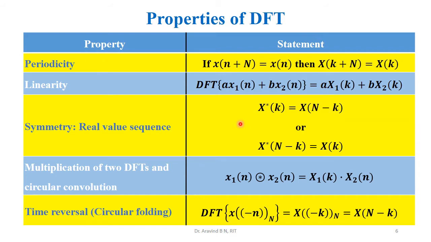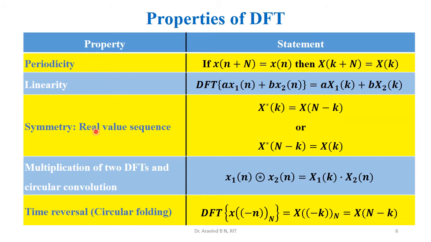Now let us get into the properties of the DFT. So let us first go through the complete listing of the properties of the DFT. It is good that if we have this tabulation, it will be easy for us to remember. Once we can remember the statement, it is easy for us to make the derivation also. Therefore, first I am going to make a listing of the properties in a tabulation. Then we will start taking one after another for the proof of each of those properties. So let us go through this tabulation.